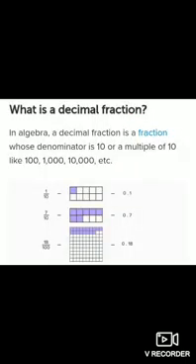What is a decimal fraction? A decimal fraction is a fraction whose denominator is 10 or a multiple of 10 like 100, 1000 and 10,000 etc. You can see the examples 1 by 10, 7 by 10 or 18 by 100, which have denominators 10 or a multiple of 10 like 100, 1000, 10,000. These are called decimal fractions.